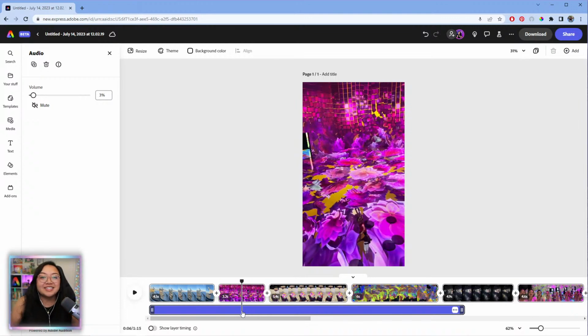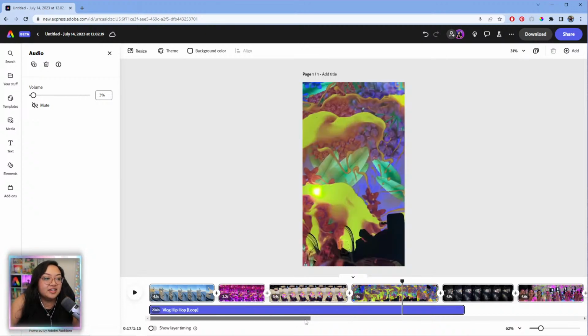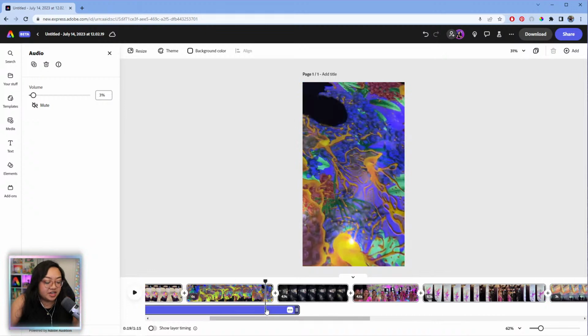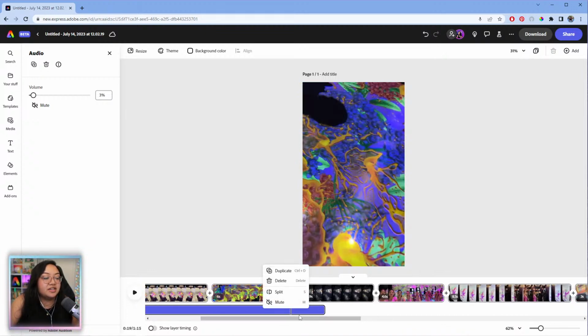I guess it's up to whatever works for you and your editing style, but honestly, I see nothing wrong with both ways. I think both ways are correct. So yeah, if you're out there and you want to explore a different way of editing on Express, try that out.